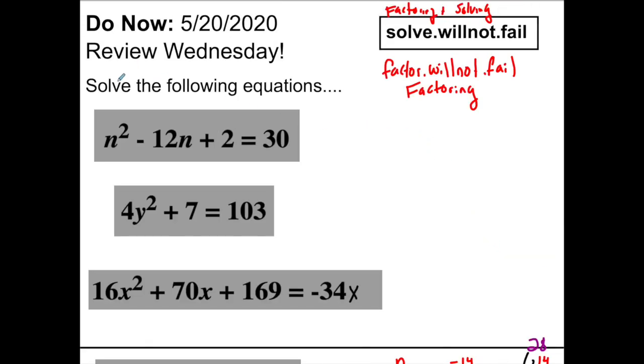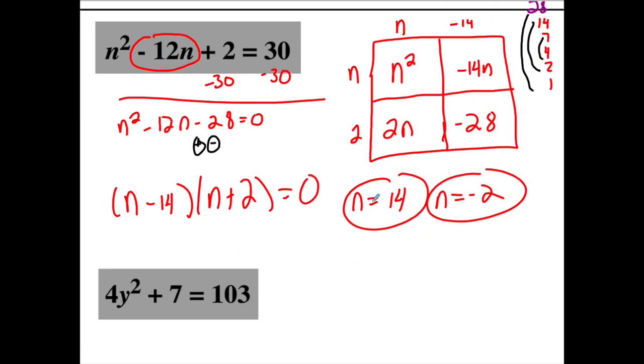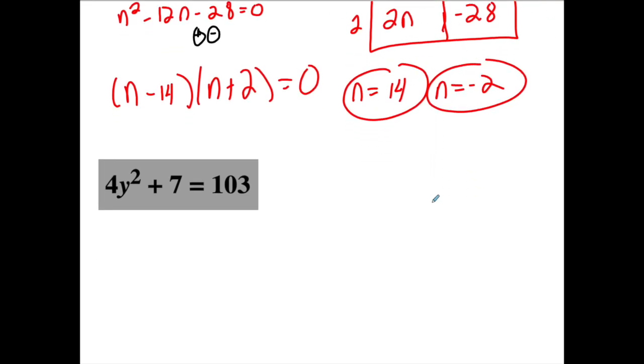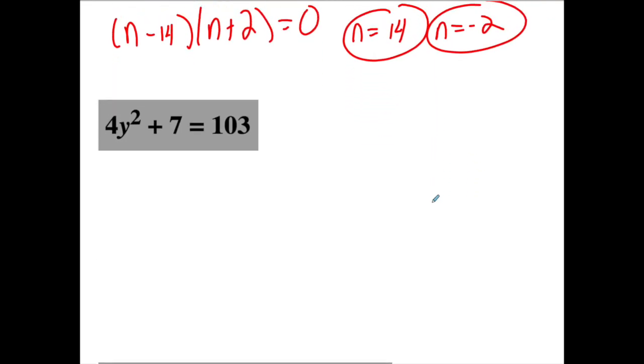Here the directions are solve, so I want solutions. Okay. Next problem. There's probably a couple ways you could do this, but there's a potential that if I subtract 103, this could be factorable. I see that 4y squared is a square, and I see that if I subtract 103, I'm going to get